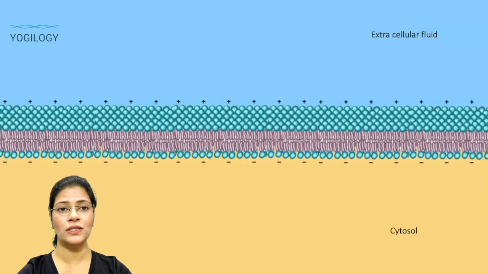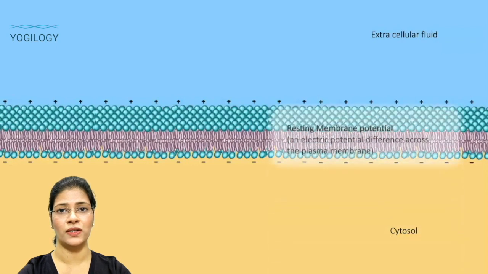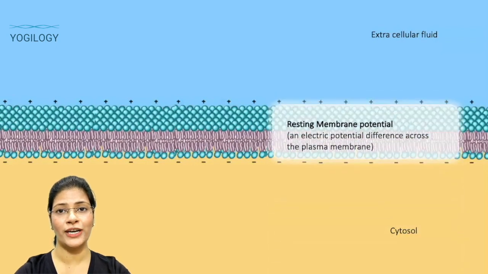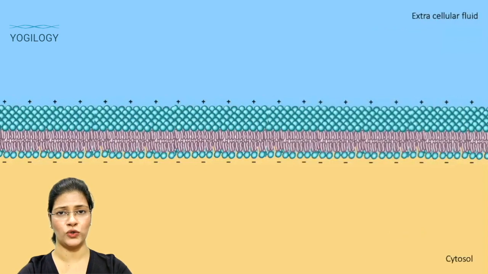Now in neurons, it is called the resting membrane potential. The production of action potential or nerve impulse, as we say, is based on the existence of resting membrane potential and the presence of specific types of ion channels in the plasma membrane. In living cells, the flow of ions constitutes the electric current. Resting membrane potential exists because of a small buildup of negative ions in the cytosol along the inside of the membrane and an equal buildup of positive ions along the extracellular surface of the membrane.